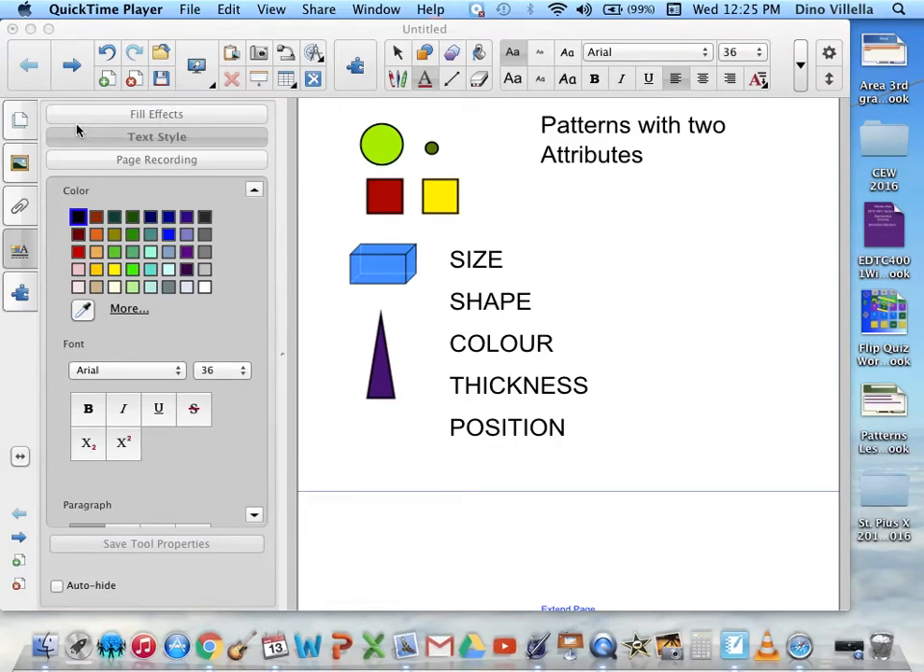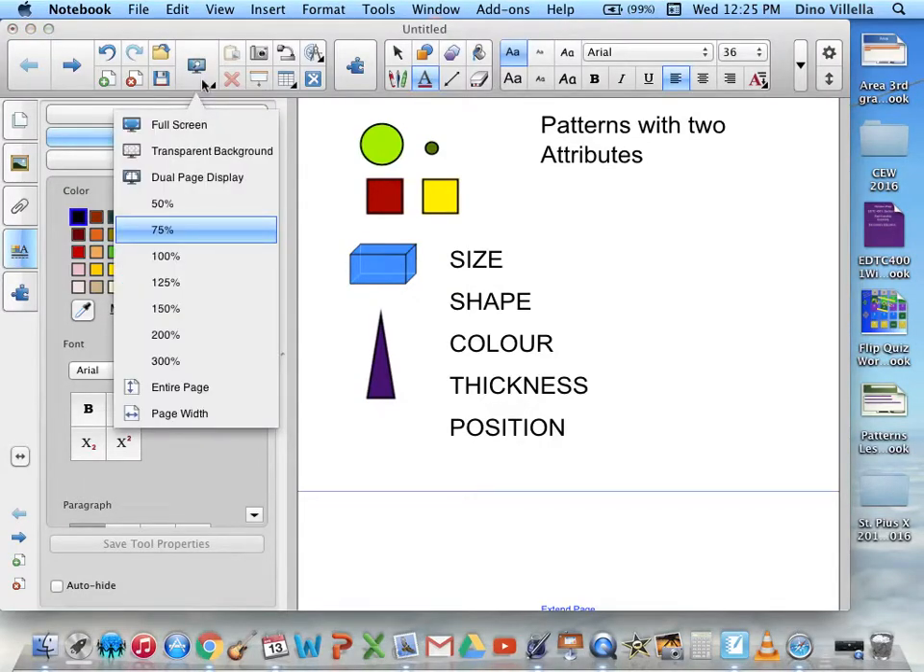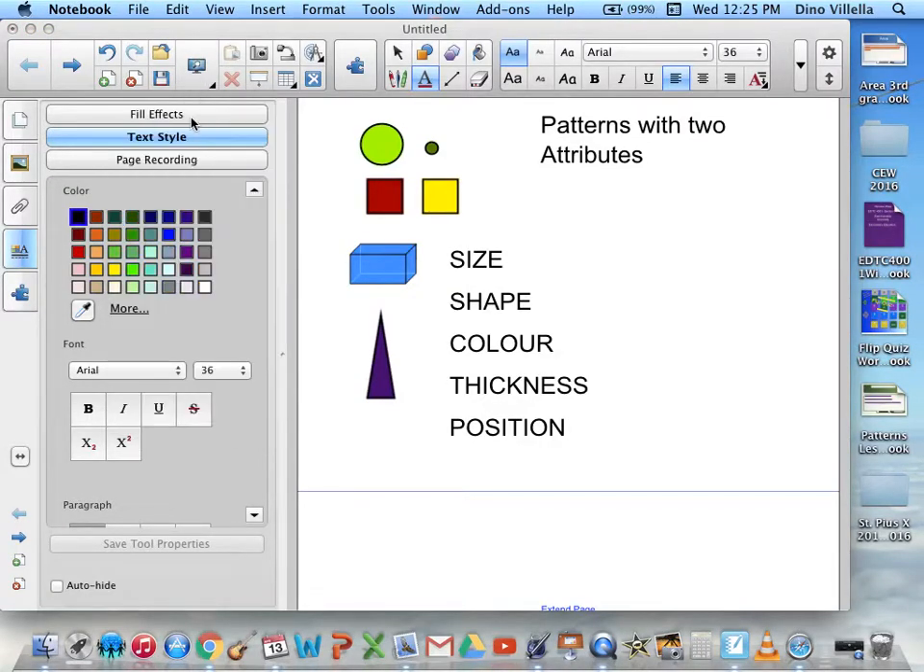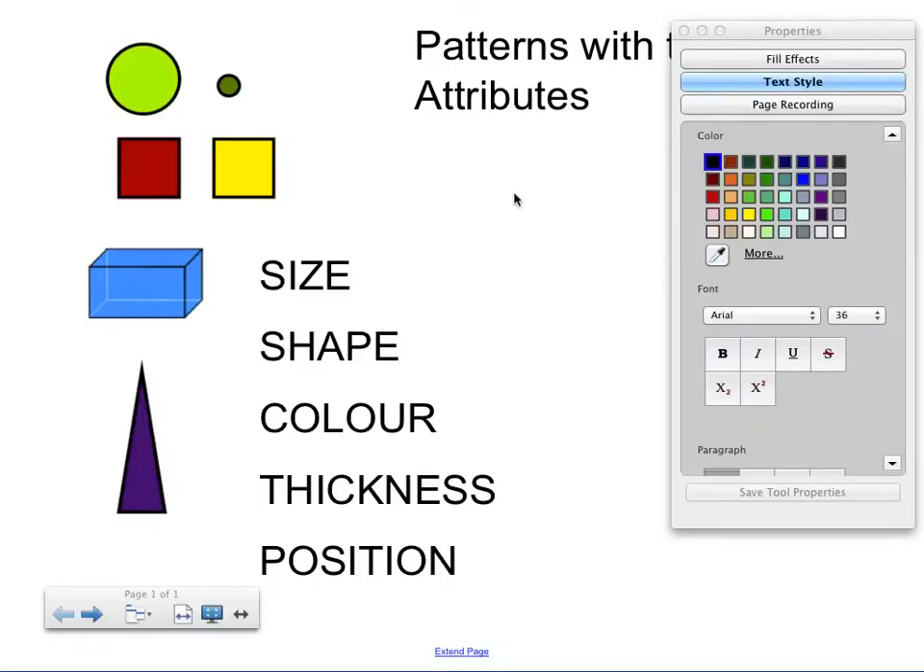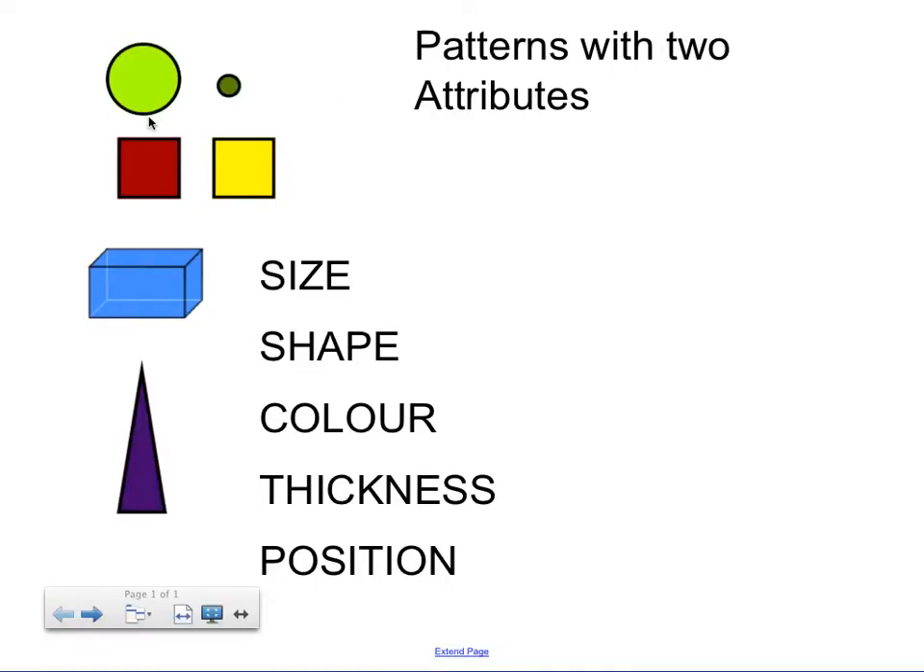Okay, so this is our flip video for April 13th, and what we're going to be looking at today is patterns using two attributes. As you can see, I have a series of patterns here. I have a couple circles, a couple squares, this rectangle here that looks kind of 3D, and I have this